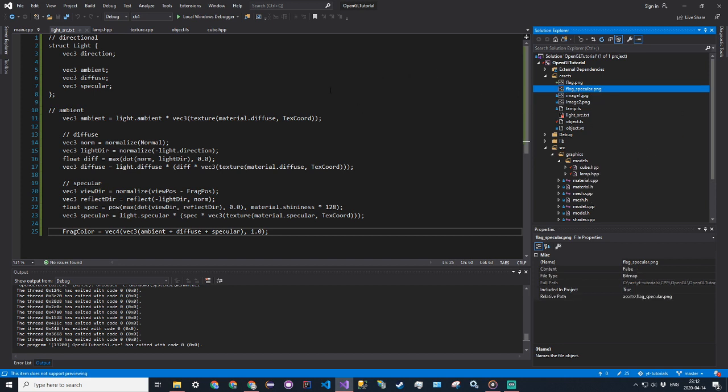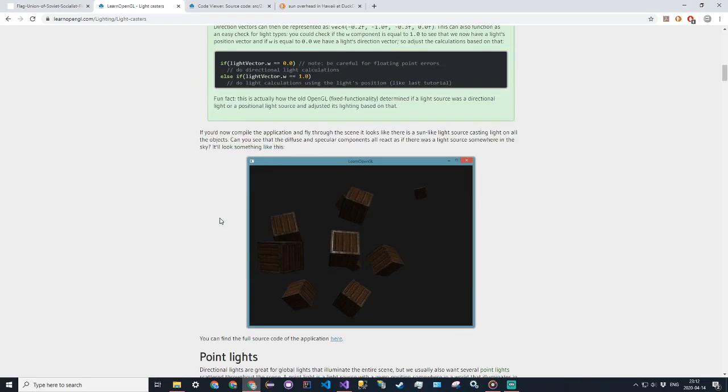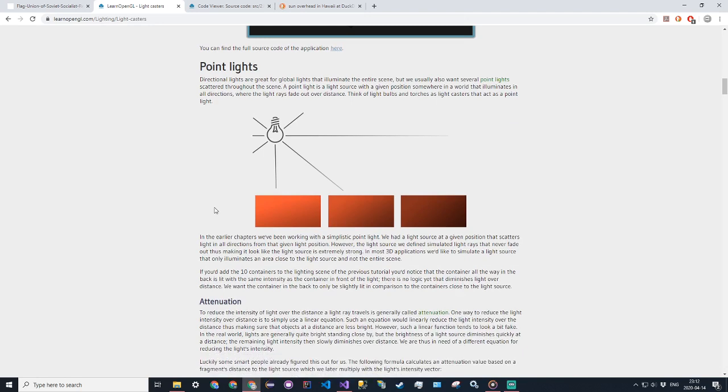All right, next type of light is called a point light. So a point light differs from a directional light in the way that it's a single point, and the light goes in all directions. So it's like a light bulb, a disco ball,